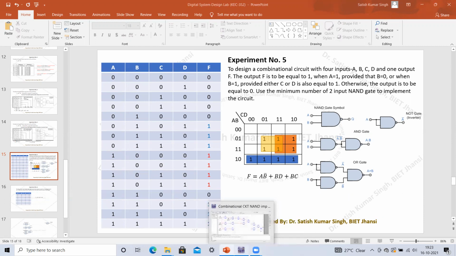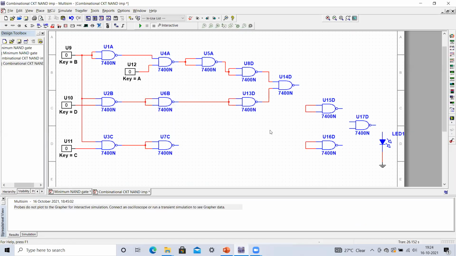Okay, here you can see that I have implemented the same circuit again. And this has to be connected to this particular output, and this has to be connected to this particular input. So it has to be connected in this way because these are the two inverters, realized using the NAND gate itself, and then this has to be applied to this particular NAND gate, and